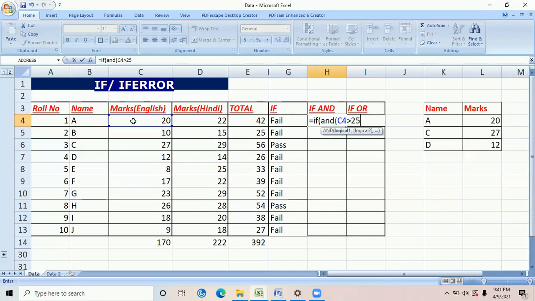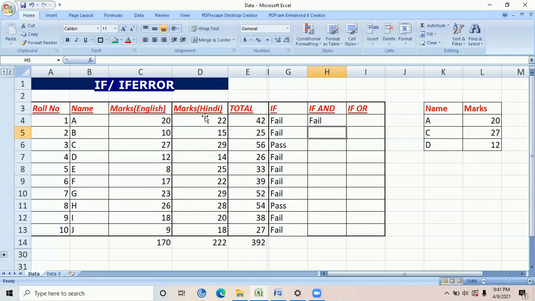My first condition is this. My second condition is that my marks in Hindi should also be greater than 25, and let me close this bracket, comma. Now if both these conditions are met, then I want my result to be a pass, else I want my result to be a fail, and let me close the bracket.